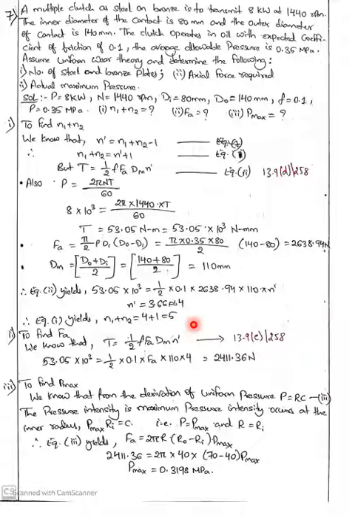Similarly, the same equation as we solved in the previous problem. The additional thing is to calculate the value of Fa, that is the axial force. Clear? Now, to find the maximum pressure, this is very important to understand the concept. The pressure intensity is maximum when the pressure intensity occurs at the inner radius.